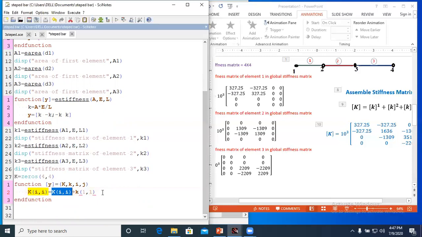Okay. Now next one, K(i,j). If I take i equal to 1 and j equal to 2, it becomes k12.